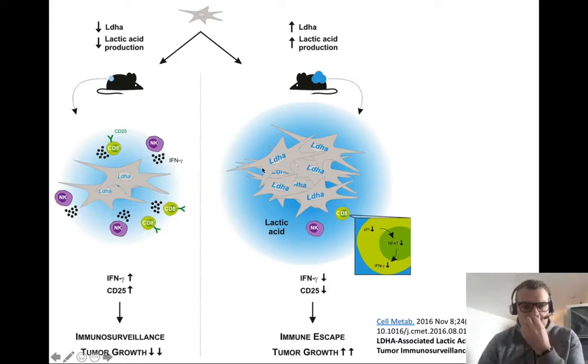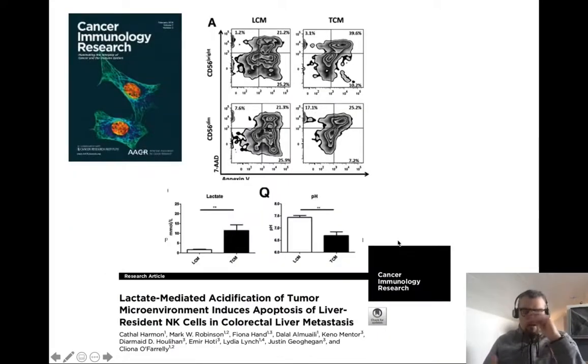Whereas when you have tumor cells that overexpress and have high levels of lactate dehydrogenase, they make lots of lactate, and you get more acidification of the tumor microenvironment, which inhibits the function of these NK cells and T cells. They make less interferon gamma, show less activation, and you get increased tumor growth. In this paper, they're focusing on CD8 T cells, and they showed that the pH was really affecting simple signal pathways like NFAT signaling. So it's a very simple study that showed how altering the amounts of lactate produced can affect the growth of